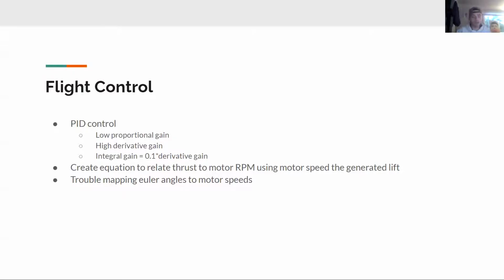But what I have done is I've created an equation to relate thrust to motor RPM, and I did this through testing. So I commanded the motors to go to varying degrees of RPM, and once it started to generate a lift, I assumed that to be a constant. The constant in this equation is: thrust equals K times omega squared, where thrust is in newtons, omega is in radians per second, and that K value takes a lot of math and such and boils it